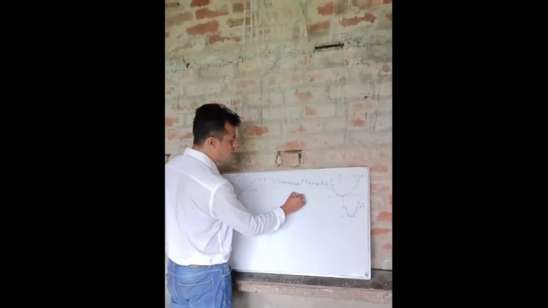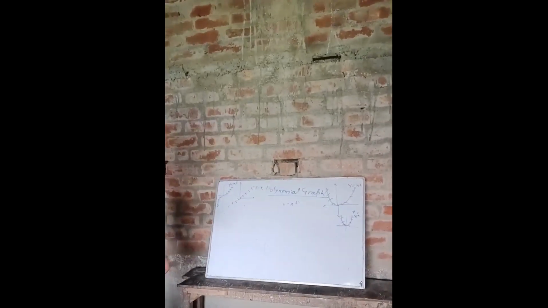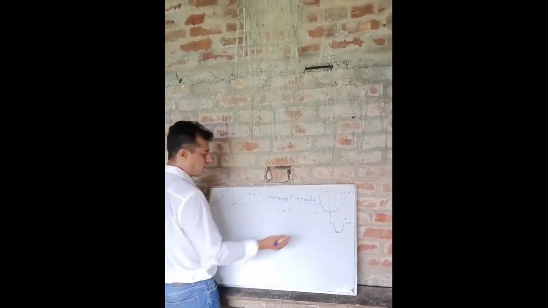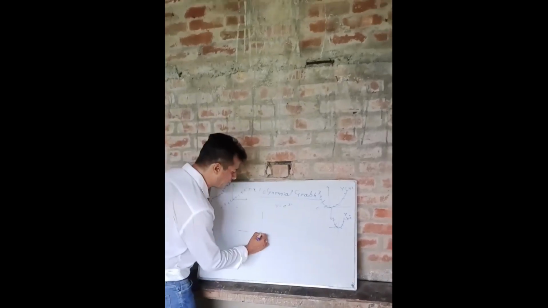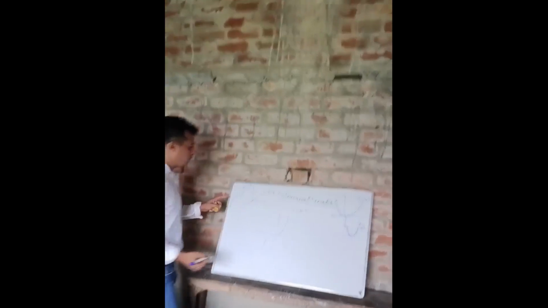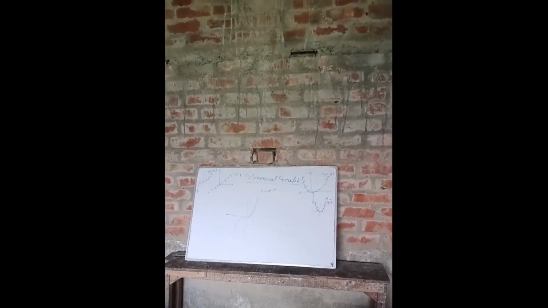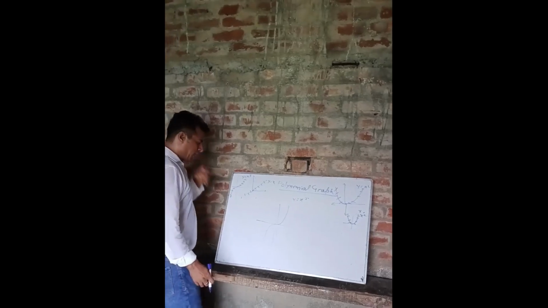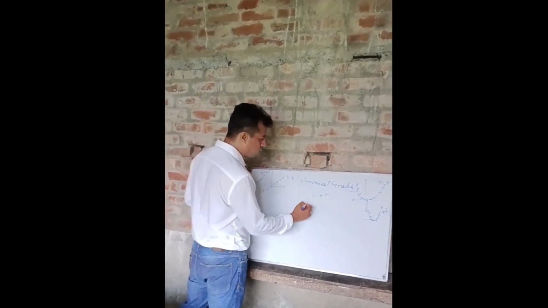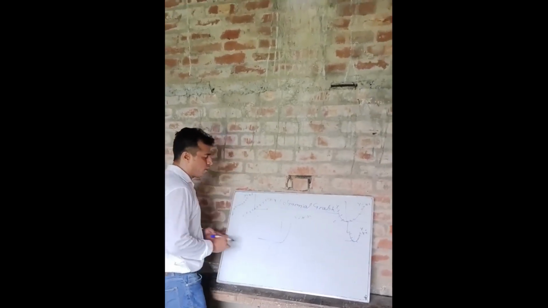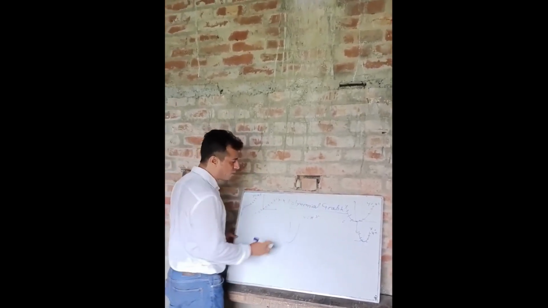Now y equals x to the power 5. One more graph I am taking like this. We will calculate x and y again, and we will get the graph like this. The slope will be steeper than x cube, and steeper than x to the power 4 also. So the graph will look like this. Now we will try to draw all the graphs together.